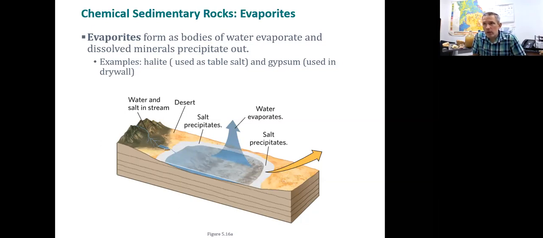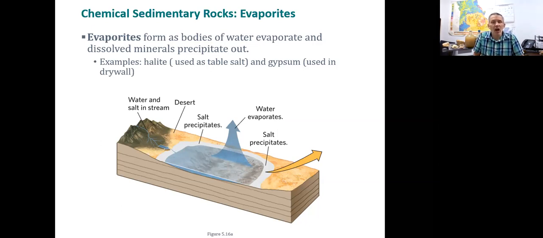So as I've already mentioned, the evaporites are evaporating out of water, and so halite, which we know is table salt, and gypsum, which is drywall, are also precipitating out of these environments. If we wanted to see an environment where we actually see these evaporites occurring right now, we could actually watch this occurring in the Great Salt Lake. We could see this